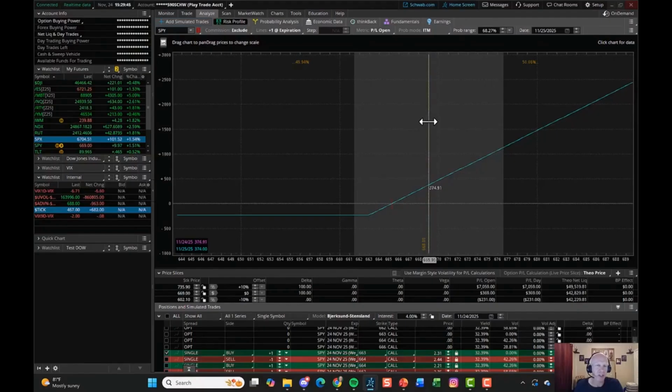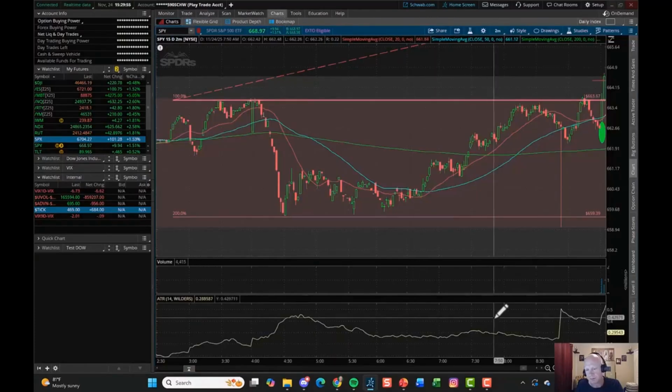Although sometimes if I lock it down, I will. So we'll do a demonstration of that. But this is what I had for my opening position. Then, if we take a look at the charts, as time went by,